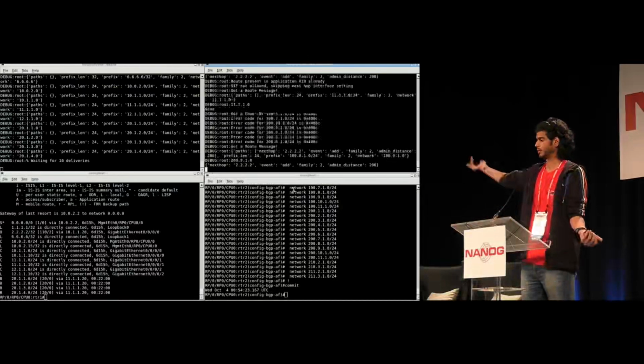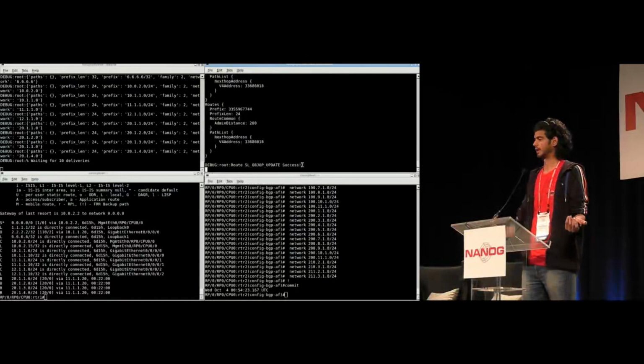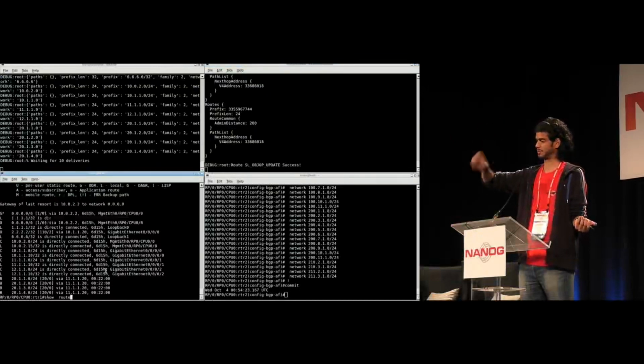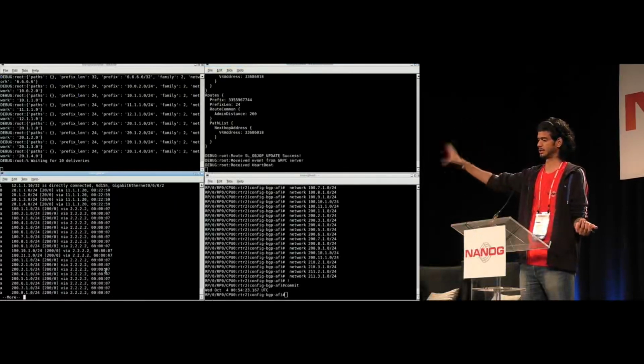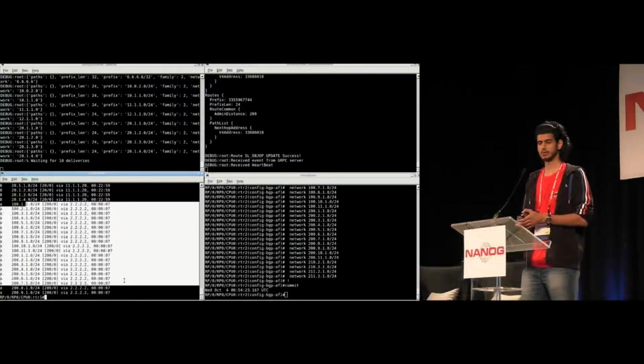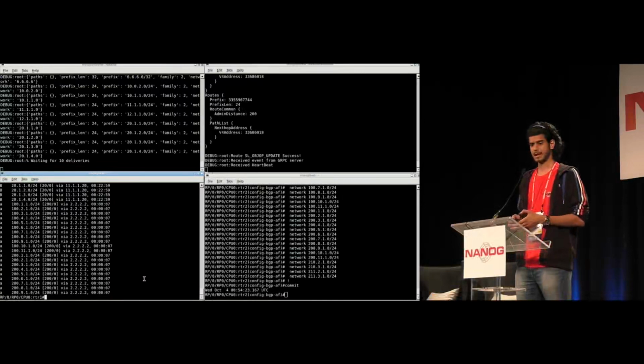Okay, same thing happened once I added the networks, and I had an update success in this case. That's purely based on the logic I've written in my abstraction. But once you go to a show route, you'll see those routes pop up again. All right, so that sort of completes the demo. And going forward,